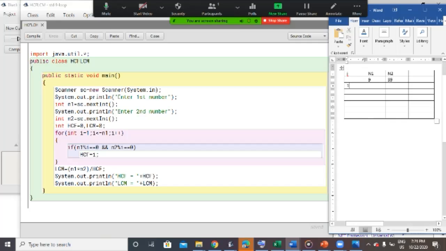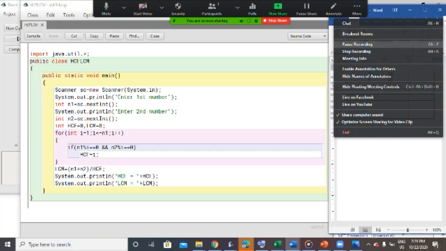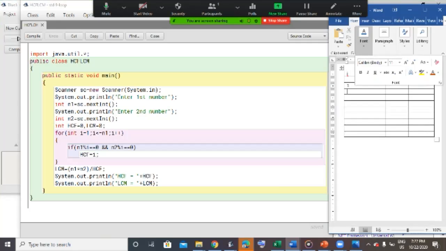So over here for 1, we have this column for HCF. Now 1 will completely divide 9 and 39, so HCF becomes 1. 2 will not divide 9 and 39, so HCF will not increase. Then we have 3, which completely divides 9 and 39. 3 into 3 equals 9, and 3 into 13 equals 39. So HCF increases to 3. After that, it will go on for 4. It will not divide completely. 5 will also not divide.